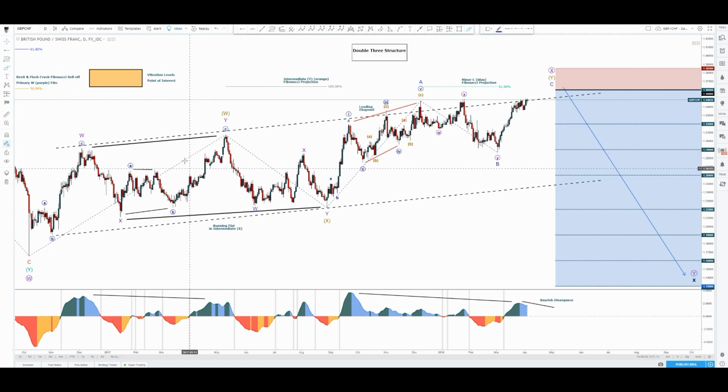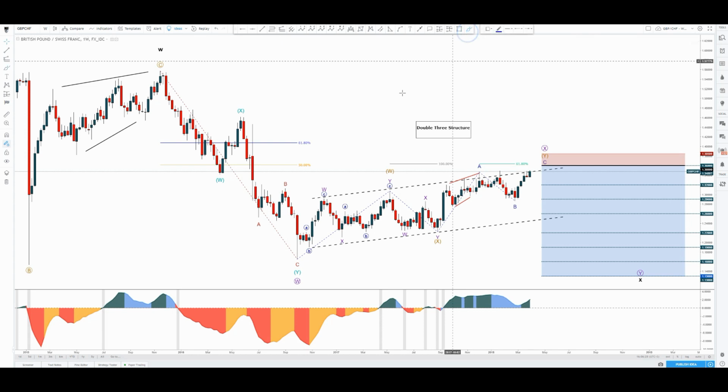I wanted to do a video on the GBP Swiss franc and the recent fresh post done on the Orbex blog. So what I wanted to do is to follow up on that post with a trading video right here. I'm on the pound Swiss on the daily chart, but first of all, I would like to share with you my, let's say, bird's eye view and brief you guys up,